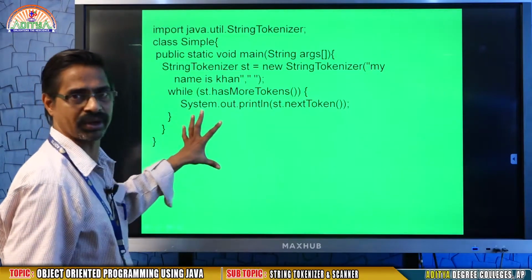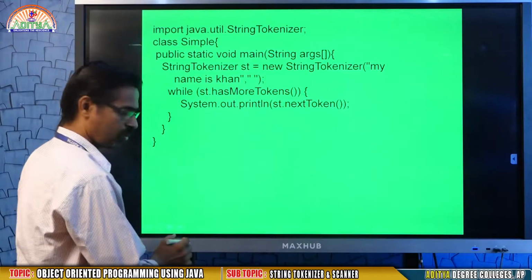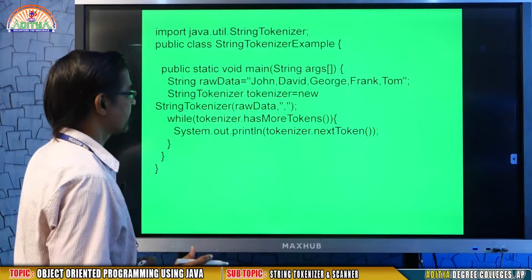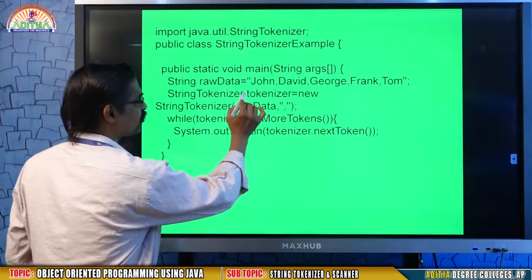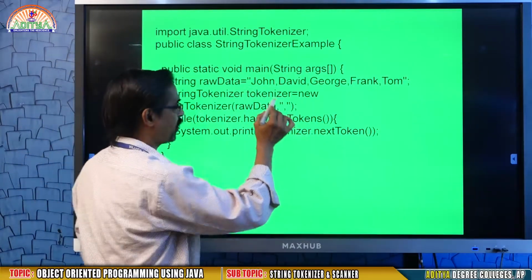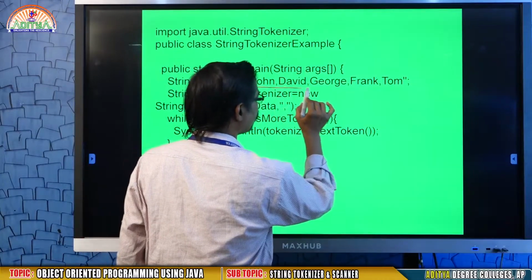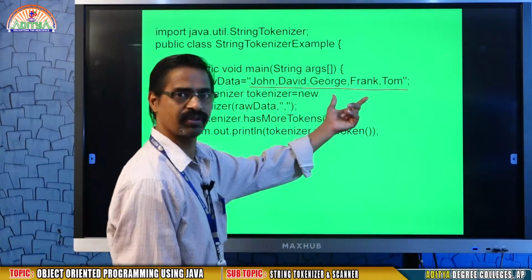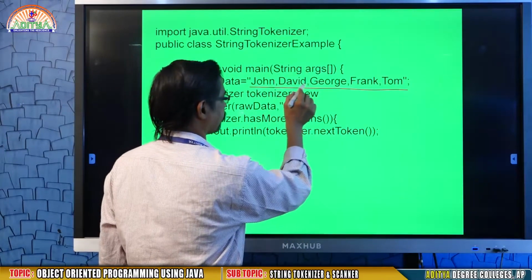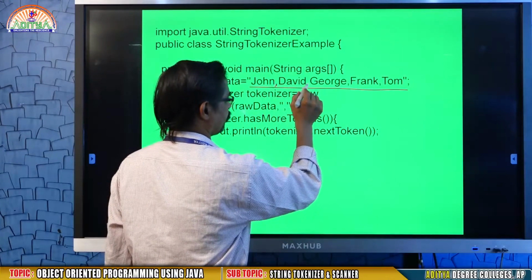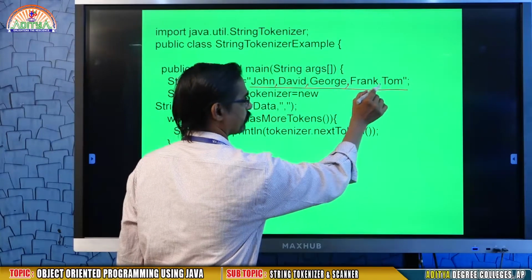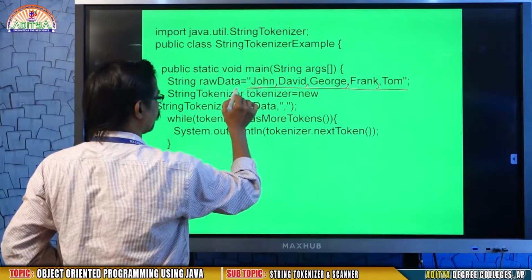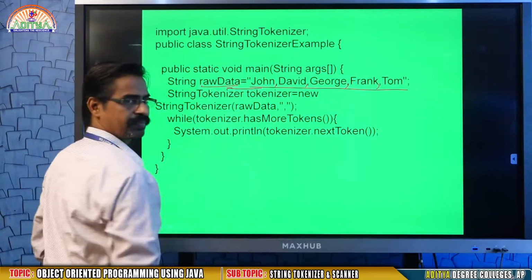Okay, so this is the concept of string tokenizer. Now one more example. Here it is a string, but instead of giving a space delimiter, I have given John, David, George, Frank, Tom. There are some names, and each name is separated with a comma. Between every name there is a comma. I assign this string to a variable named raw data.